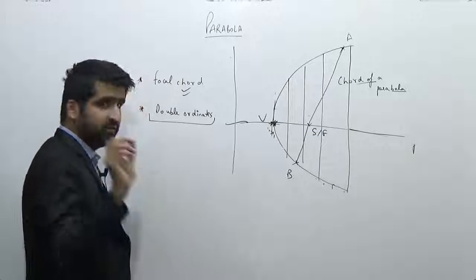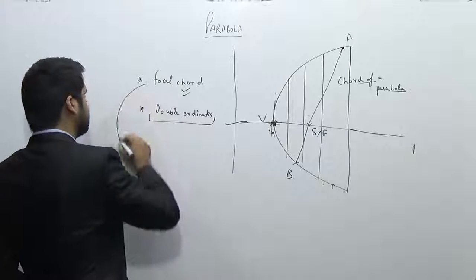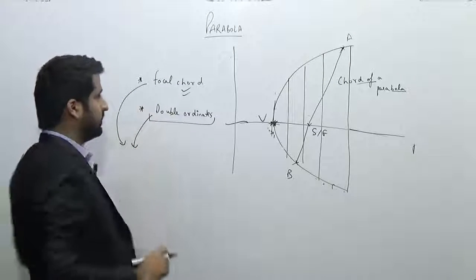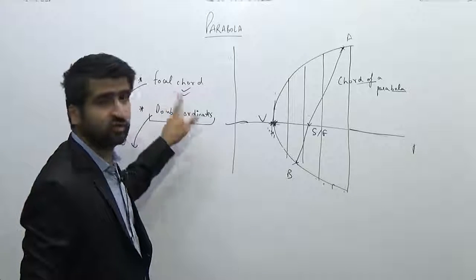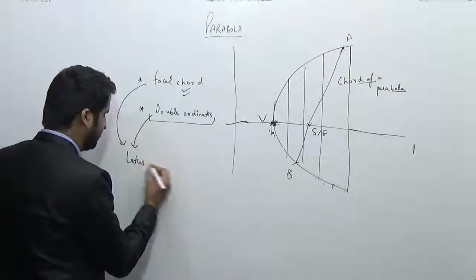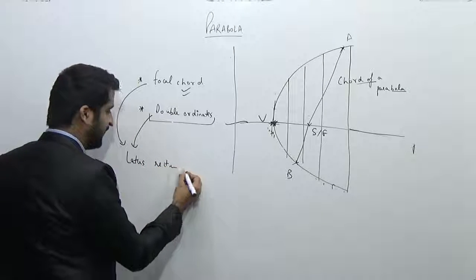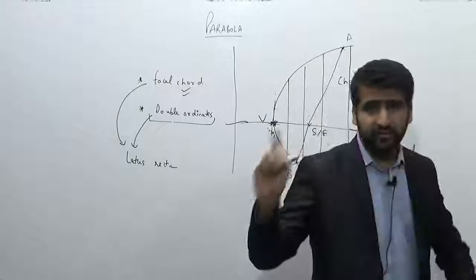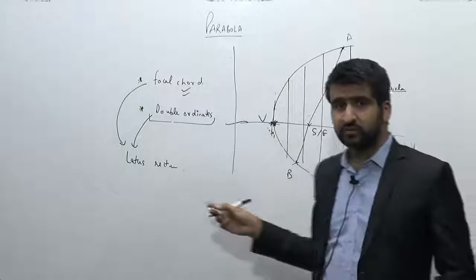And there is one more chord which is the combination of these two. Now the chord is also a double ordinate and it is also passing through the focus. This special chord is called the latus rectum. So guys, we discussed 3 types of chords. First was the chords which are passing through the focus. The second